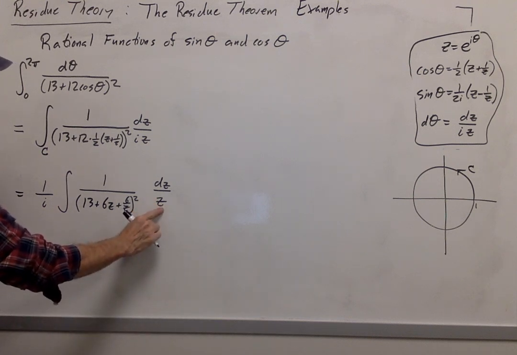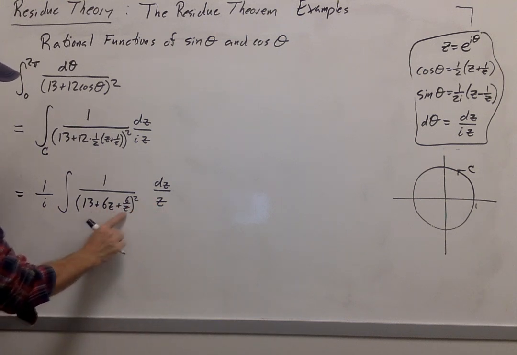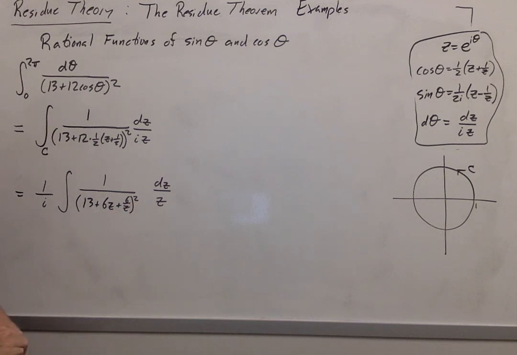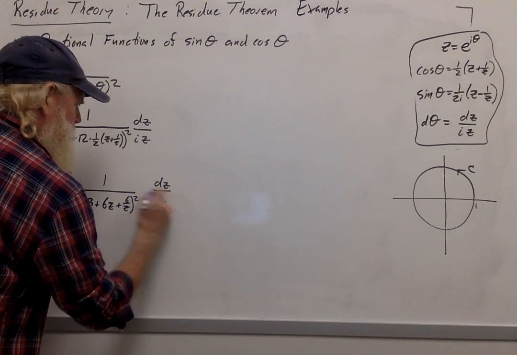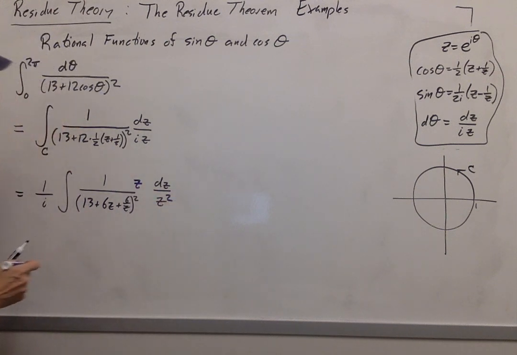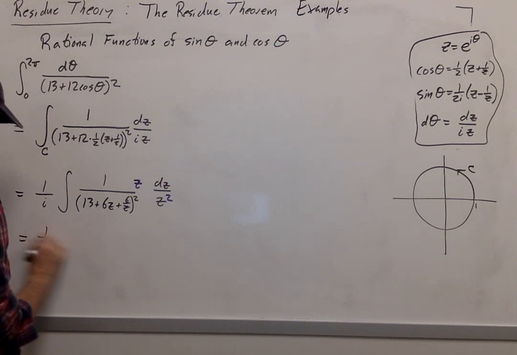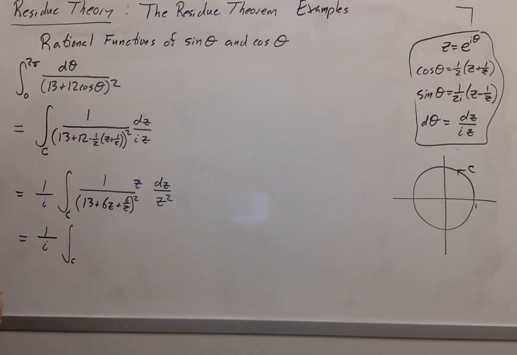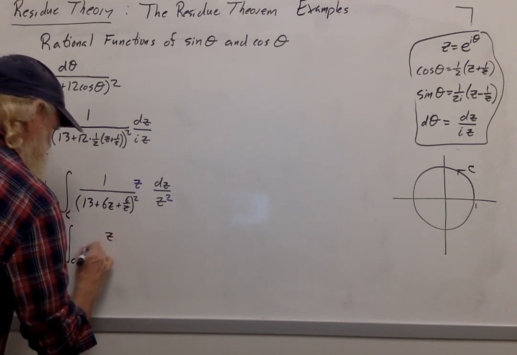Now once again, I'd like to distribute a z in here to get rid of the z in the denominator. But since this is squared, I really need to multiply in a z squared. So let me multiply by an extra z over z, so that's a z squared, so that I get 1 over i times the integral over the unit circle of z over,